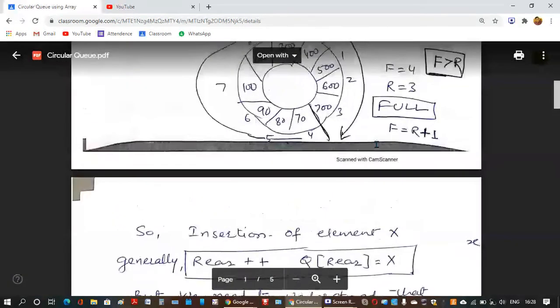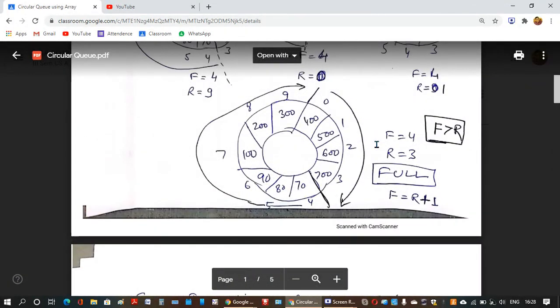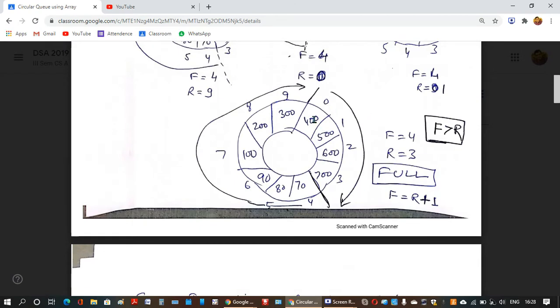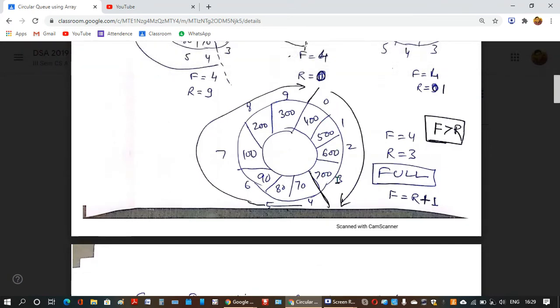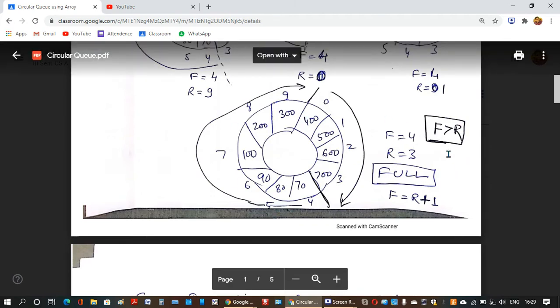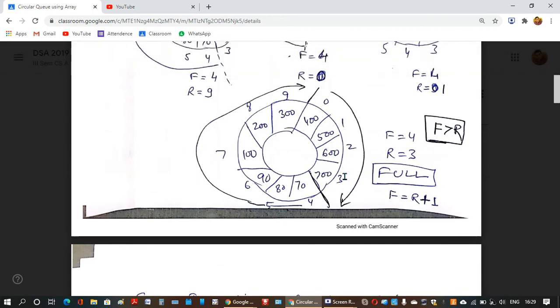Ultimately, if you keep inserting again and again, you are increasing R. So R will become 0, 1, 2, and 3. F is 4. So now see this condition where F equals 4 and R equals 3. There was space available in the queue at these positions. So after 9 we have inserted at 0, 1, 2, and 3.